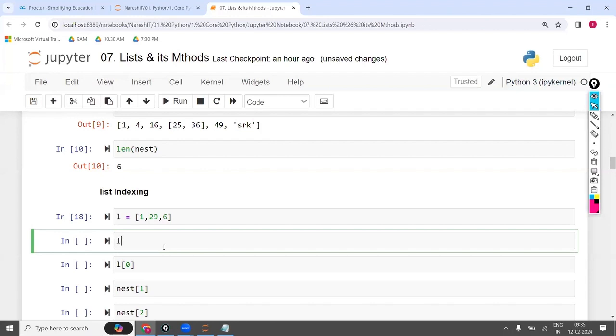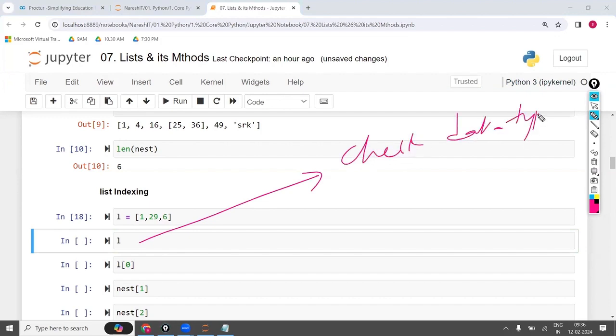Whether indexing is applicable on L: first it will check what is the data type of L. Since the data type of L is list, indexing is applicable.